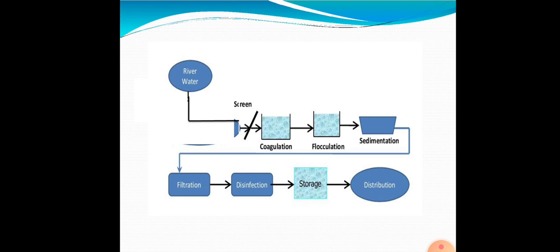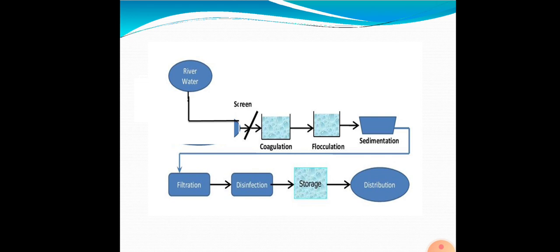A typical water treatment plant follows the following sequence. Firstly, we have the source from which the water is being taken. Then the next process is the screening process. In the screening process, the various floating and other suspended impurities will be removed by passing water through screens. Again, the screens may be either fine screen or coarse screen. When the water is passed through the screens, all the debris like the leaves and other floating matter can be removed through screening.